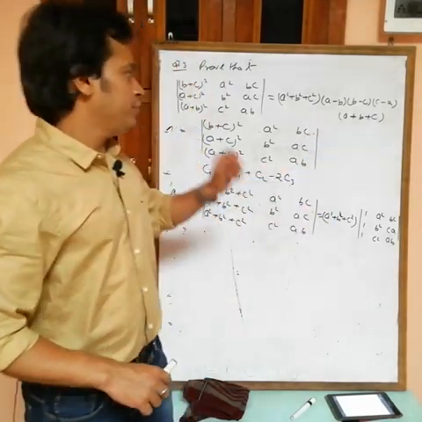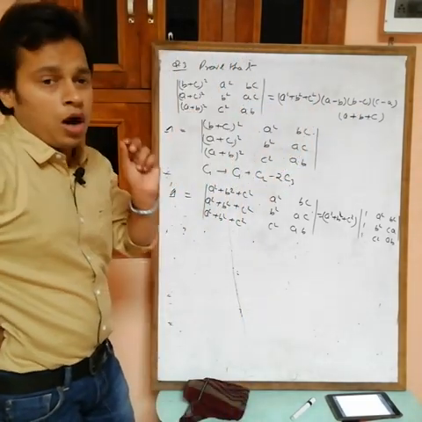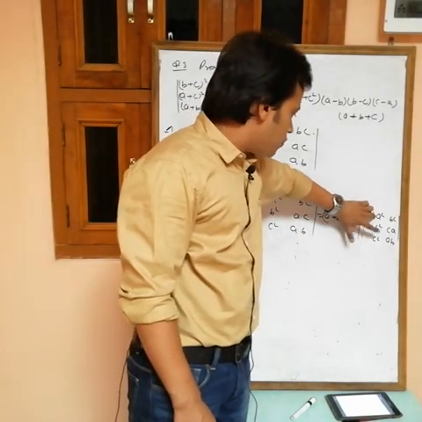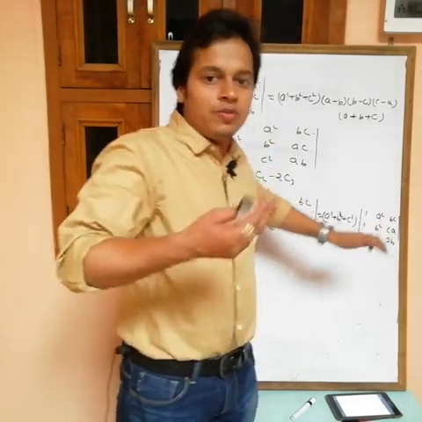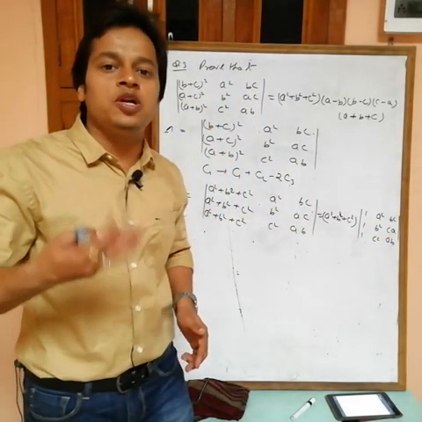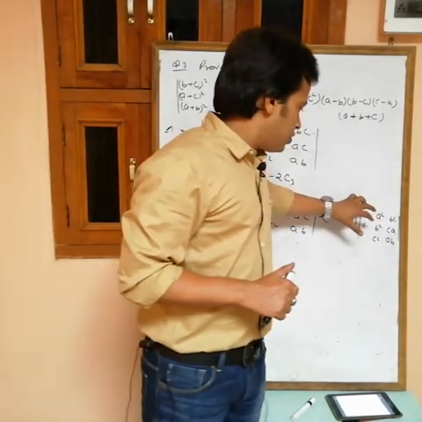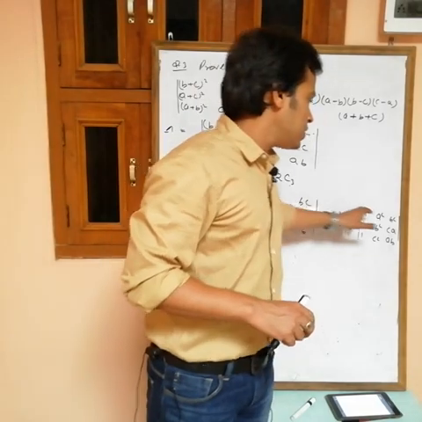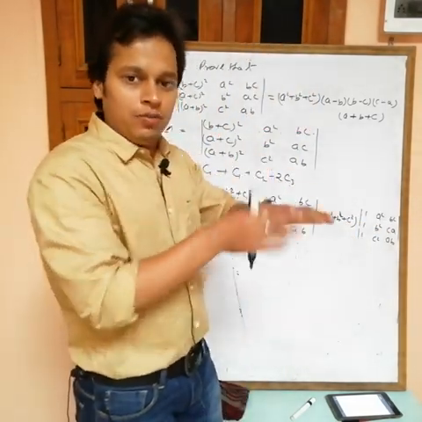Now what we have remaining is a minus b, b minus c, c minus a, and a plus b plus c. How to get a minus b? You will get a minus b if you take this one minus this one: a square minus b square. A square minus b square can be written as a minus b into a plus b. We have a factor as a minus b. And if you take this one minus this one, then we have to take this one minus this one also, because this is in R1 and this is in R2. It means I want to perform R1 minus R2.